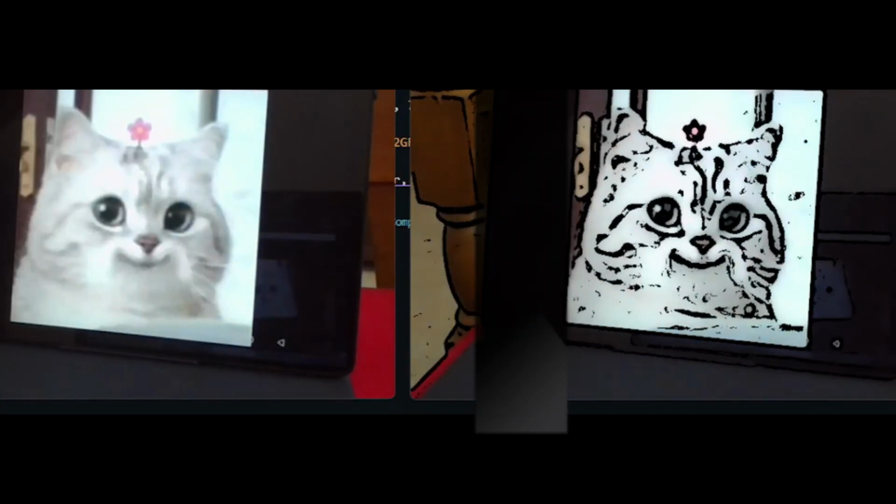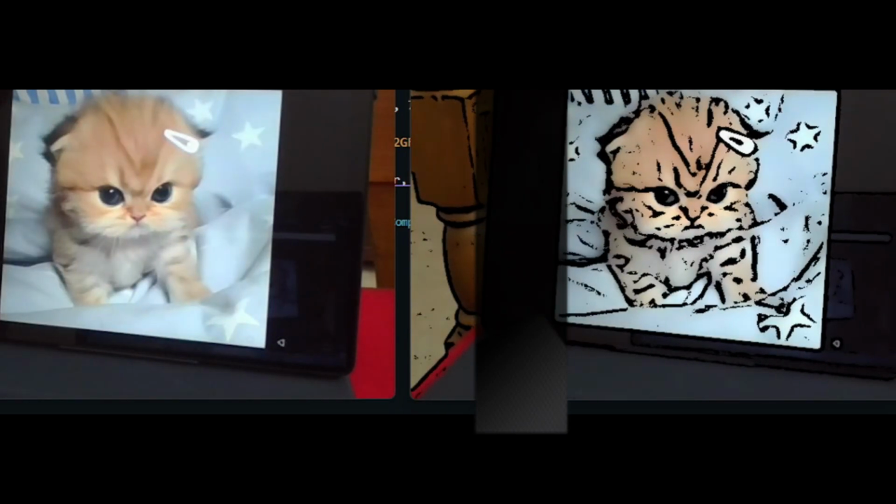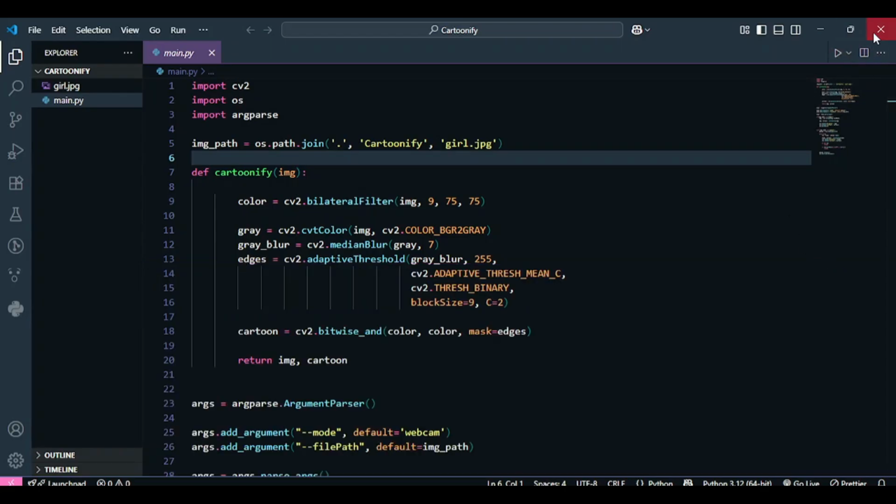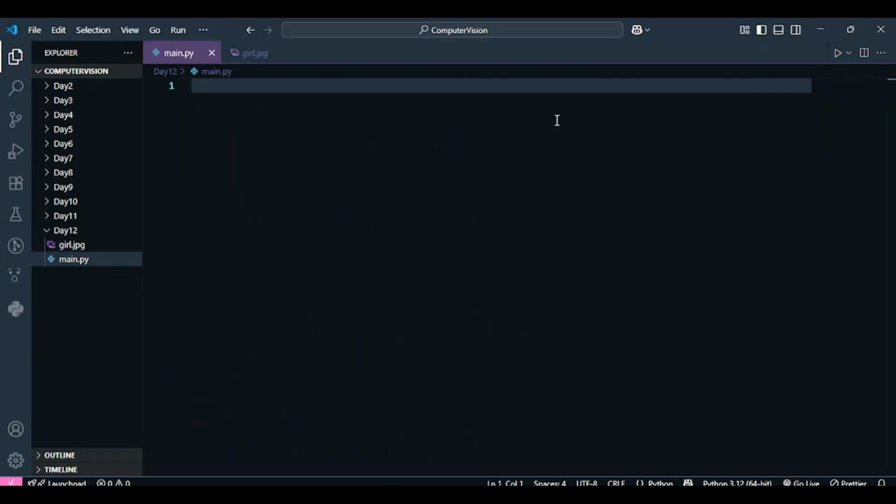So these are a few cat images because I love cats. And yeah, I think the result is pretty awesome. So let's get started and I'll explain the code to you in extreme detail. If you're a beginner, you can create your own cartoonified filter.